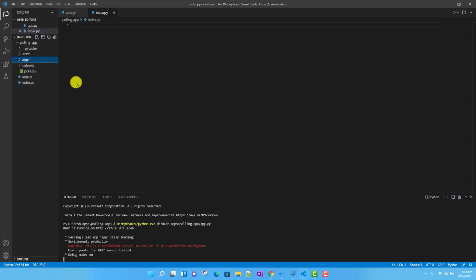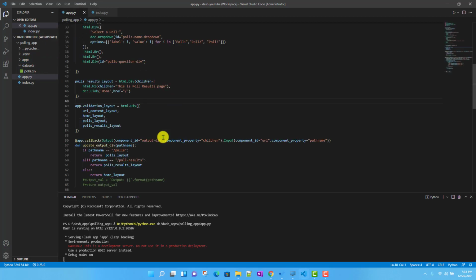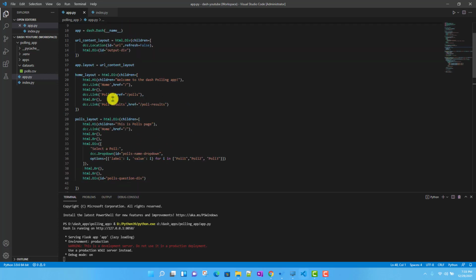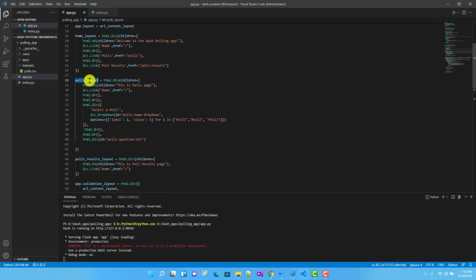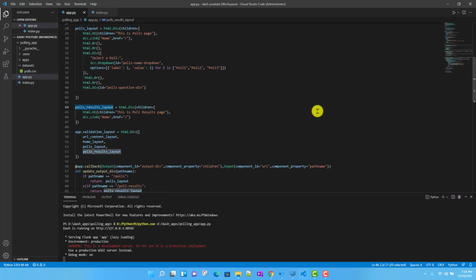Now I will create another folder called apps, where I will maintain all my page-level details. Inside it I will create three files, because currently I have three layouts: the home layout, the polls page layout, and the polls results page layout.